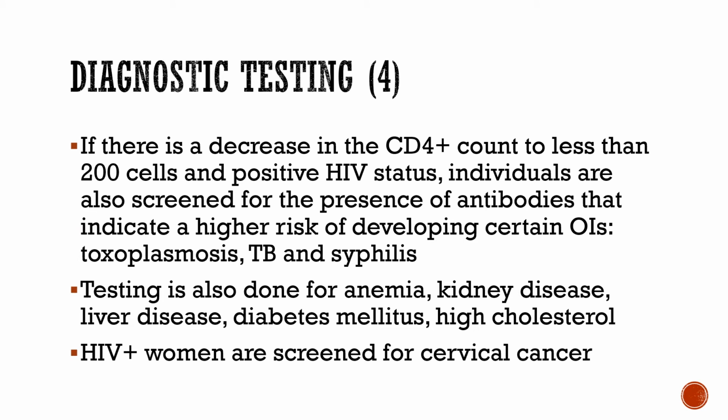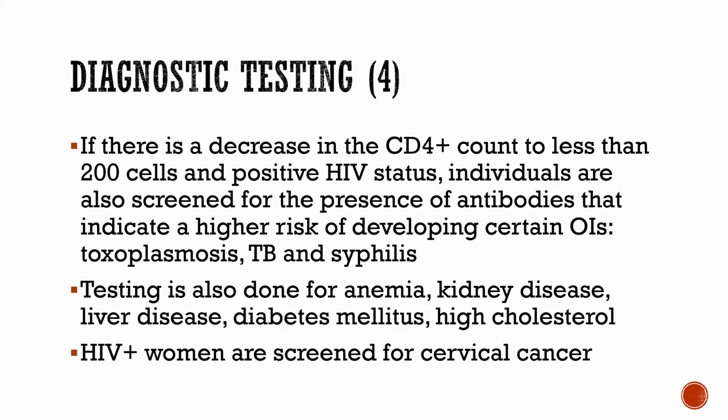If there is a decrease in the CD4 count to less than 200 cells, and they are positive for the HIV status, individuals are also screened for the presence of antibodies that will indicate a higher risk for them developing those OIs, those opportunistic infections, such as toxoplasmosis, TB, and syphilis. Testing is also done for anemia, kidney disease, liver disease, diabetes mellitus, high cholesterol. HIV women are also screened for